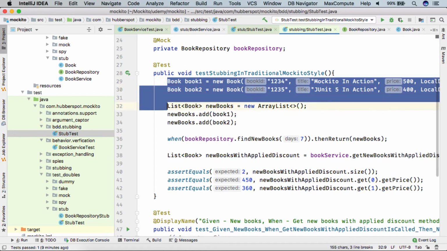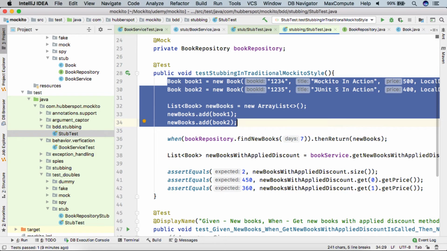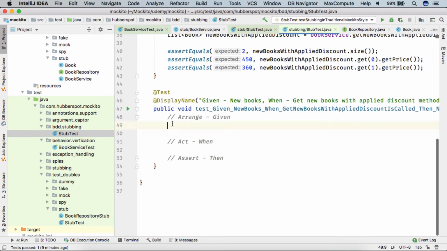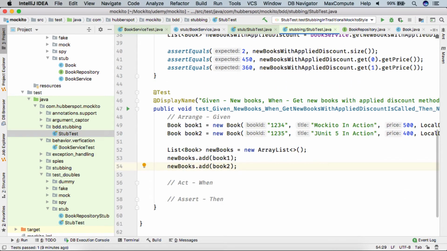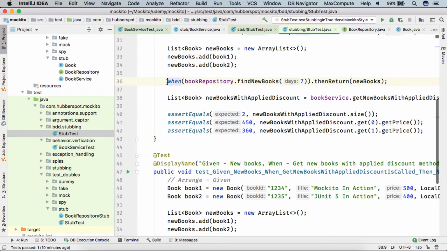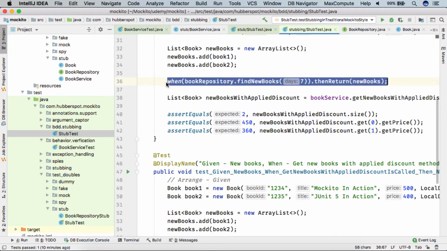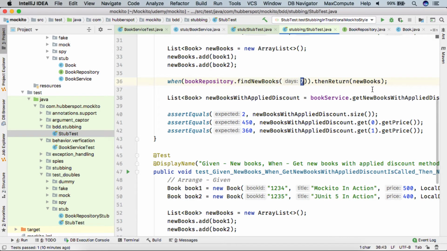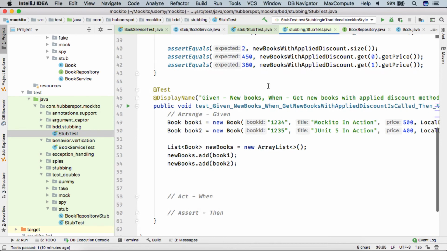So here I'll simply copy this part and paste it here. After that, as we want to mock this out, because currently book repository doesn't go to the database, whenever find new books is called with days as 7, we need to simply return these new books.